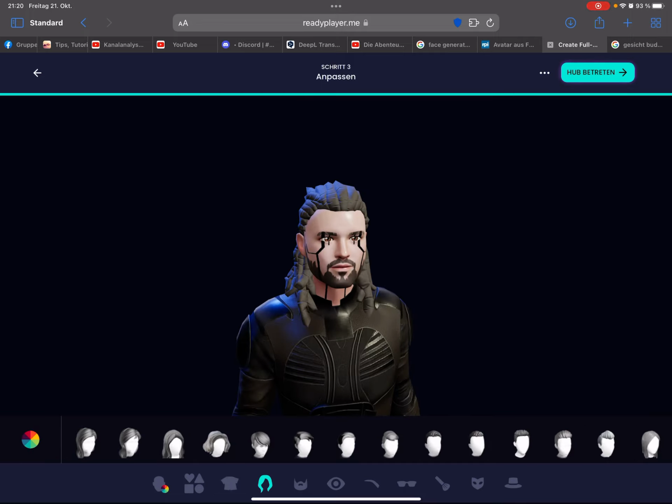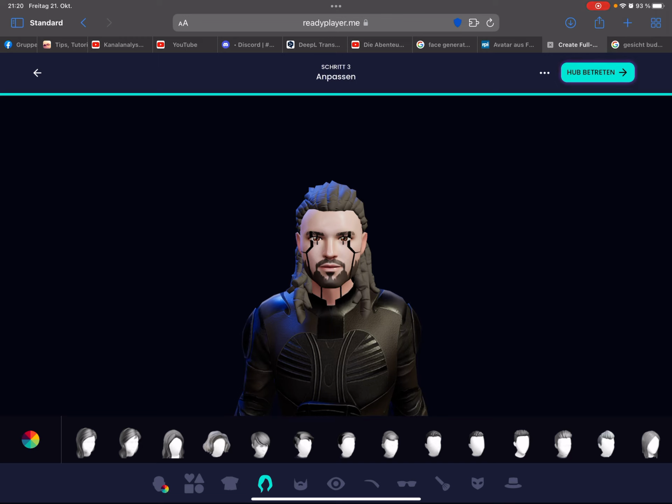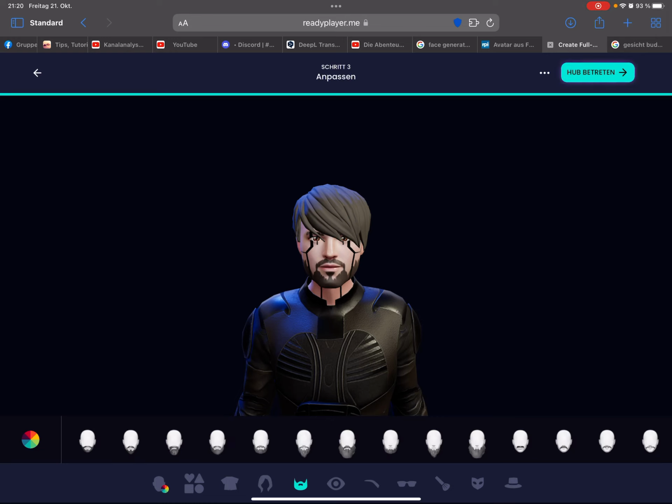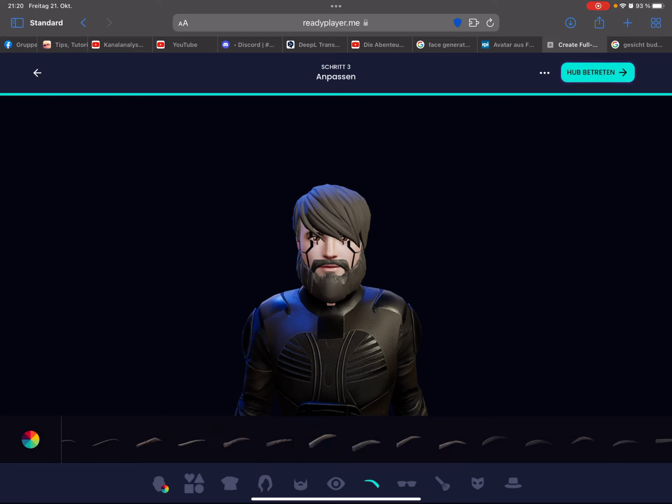And this is very important for Nomad Sculpt here, the hair thing, because the meshes are separate. Here you can choose different hairstyles. And the next thing is a beard, if you want. The eye color, the eyebrows,